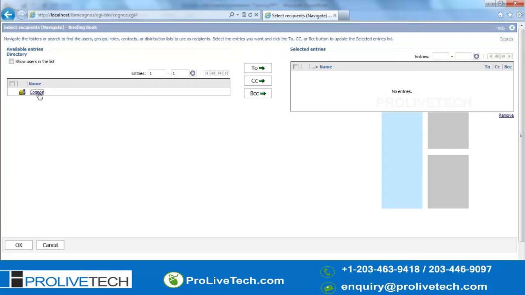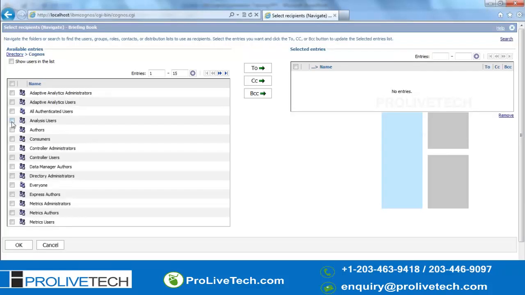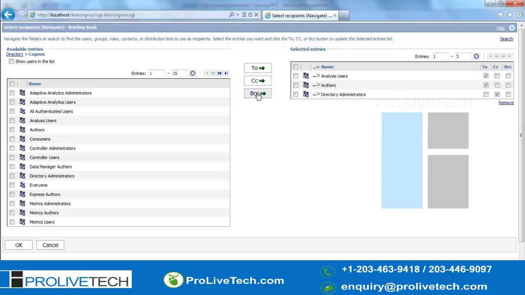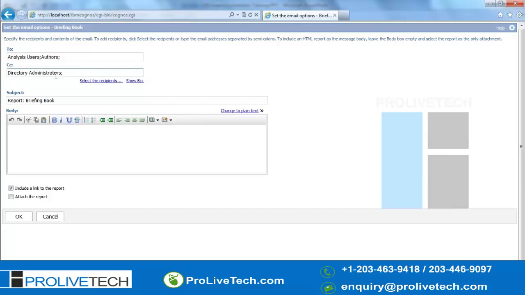You can select the users and keep them in To, CC or BCC. If you click on OK, it will come like this. Because I don't have users, I can't do it here, but this is how you can schedule your report.